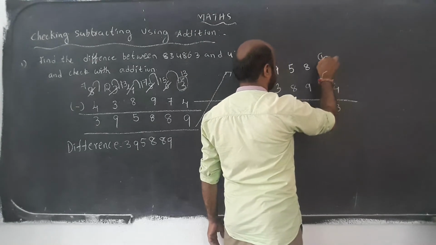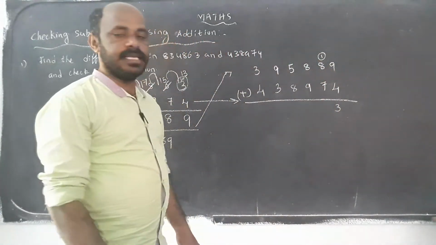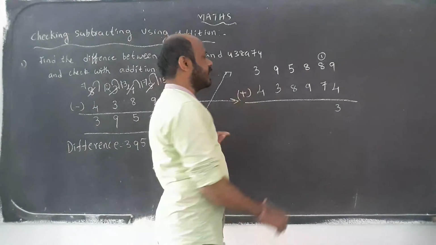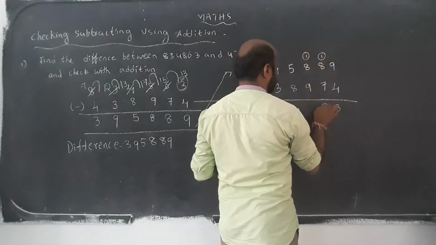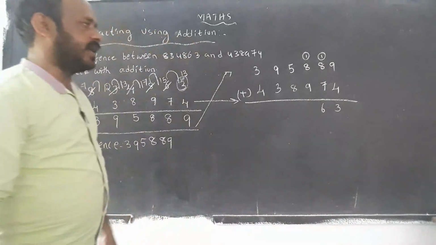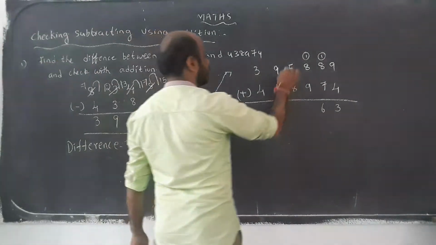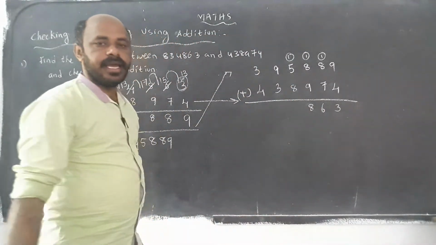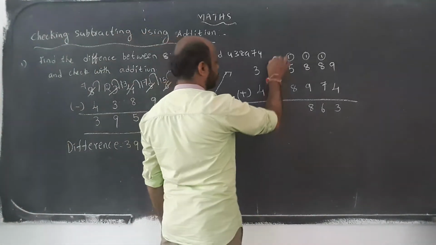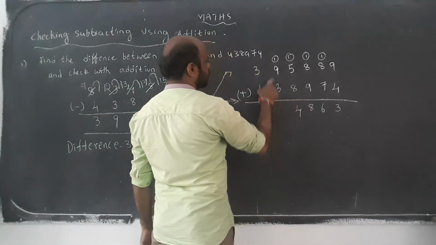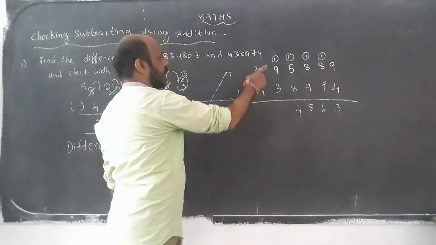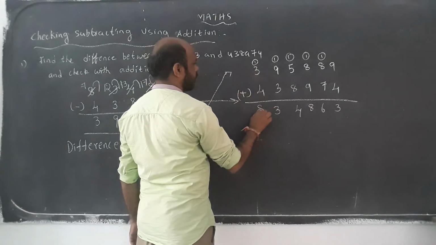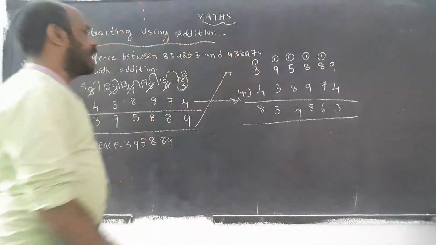3 down, 1 is carry. Then see here, 8 plus 1 is 9, plus 8 plus 7 is 15. 8 plus 7 is 15, carry 1 is 16, 1 is carry again. Down, 9 plus 8 is 17, plus carry 1 is 18, then carry 1 and 5. Then 8 plus 5 is 13, 13 plus carry 1 is 14, 1 is carry. Down, 9 plus 3 is 12, 12 plus carry 1 is 13, 3 down and carry 1. 4 plus 3 is 7, 7 plus carry 1 is 8.